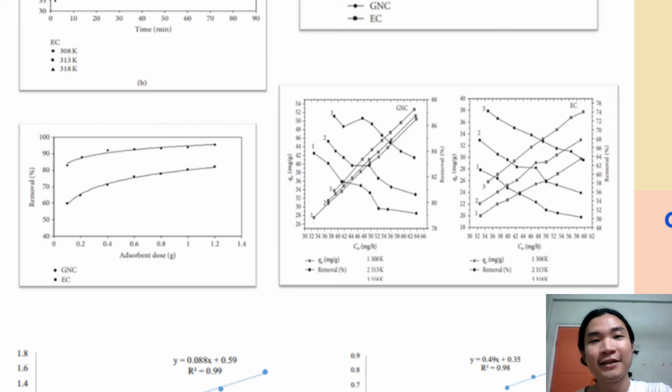On the left figure, it is observed that the higher the adsorbent dose, the greater the removal efficiency up until a certain limit. Increasing adsorbent dose increases the adsorption rate, because more surface area is available for adsorbate to adhere on the active sites. On the right figure, it is observed that for both GNC and EC adsorbents,